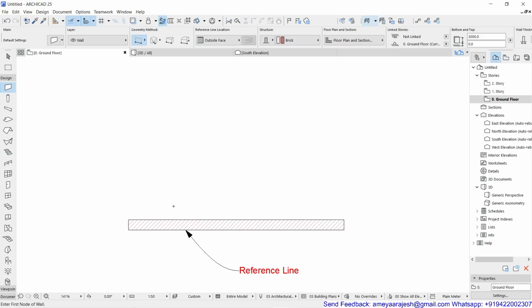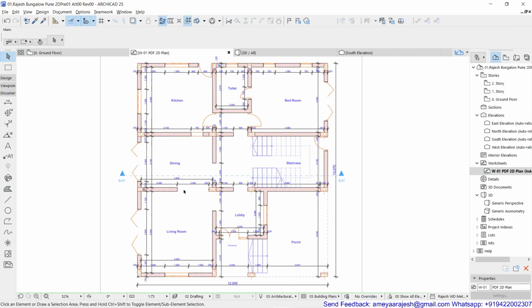This time, we will see how we can complete the floor plan which last time we worked out in the 2D exercise. We have completed this floor plan, and with the same one we are now going to work with the wall tool, and we will just see how quickly we can construct this, only for the wall segments I am talking about. Later we'll add the column, beam, slab and door, windows, etc.